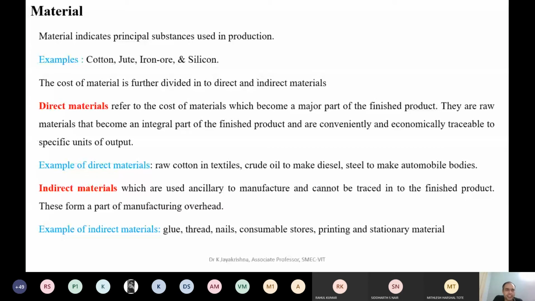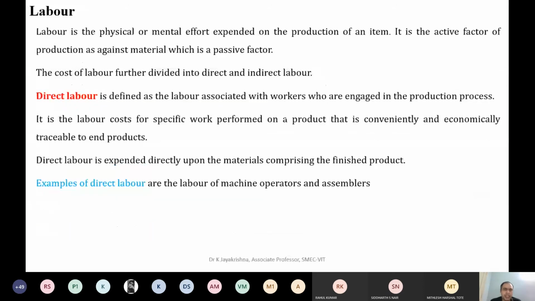Now I believe that you understood the concept. So now let's move to labor cost. Labor means the employees whom you are employing. The employer has employed some labors. There are different classifications: skilled labor, unskilled labor, technical, non-technical. Like this, you can classify in any number of ways, but labor means people who are employed to manufacture a product. Again, in case of labors, we have direct labor and indirect labor.